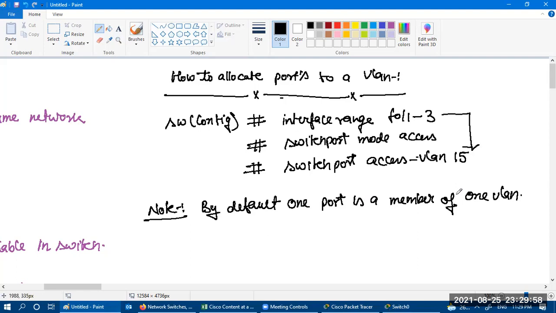It cannot be possible that one port can be a member of two different VLANs. That is practically not possible. So a single port can be a member of a single VLAN. So over here, F0/1, 2, 3 belong to VLAN 15. Now these ports are not allowed to be allocated to any other one.